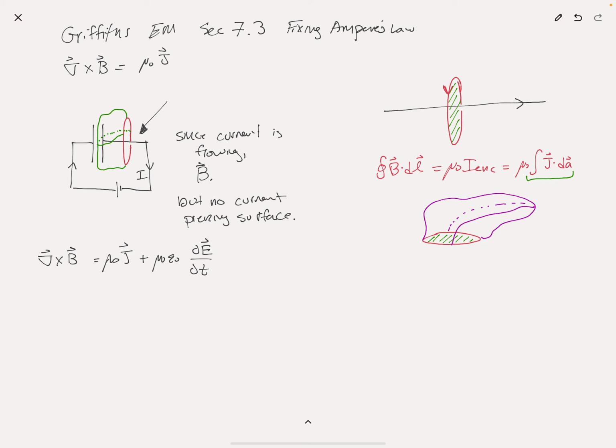All right, so I'm going to go ahead and take the divergence of both sides of that expression. The divergence of the curl of B is equal to the divergence of mu naught J. I'm going to distribute the divergence here, plus the divergence of mu naught epsilon naught d dt of E. Well, this is a divergence of a curl, so that's always zero regardless of what field I'm talking about. That becomes mu naught